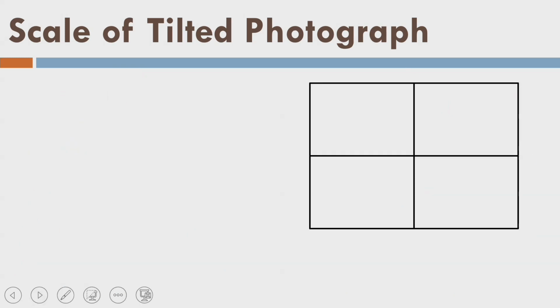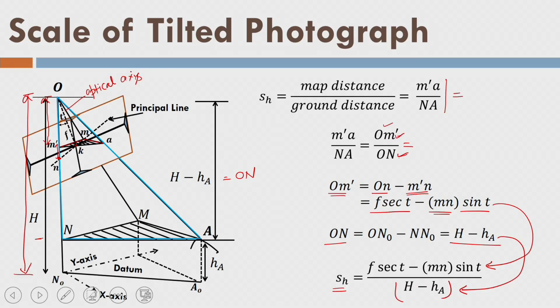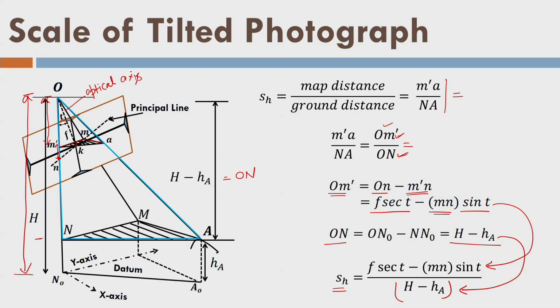Okay. Again, now what happens is, if you go back to the photograph here, we have assumed that we are measuring these distances along the principal line. In fact, on a photograph, we do not measure anything on the principal line. It is just a concept. We measure with respect to our fiducial center only and the axes which are parallel to the edges of the photograph. And as a result,